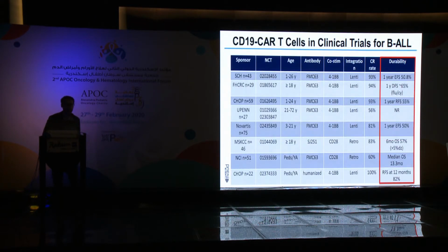So these are the results of the more important studies. I want just to focus you on the last part of the table, and if you can see the complete remission rates, it's amazing, but still 1 year after infusion you have almost 50% of the patients who relapse. So there is still